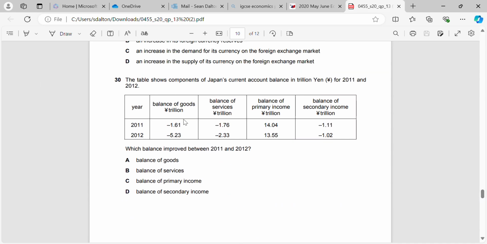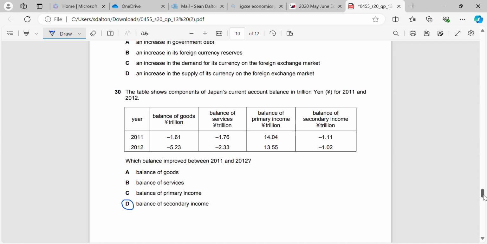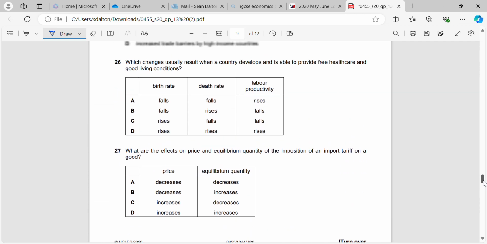So same thing, first thing I'm going to do, I'm going to go through the questions that repeat themselves from question paper 11, May, June 2020. I'll ignore those questions, circle the correct answers, and then you can go to those papers for explanations if you need them, that video. So that's question 30,